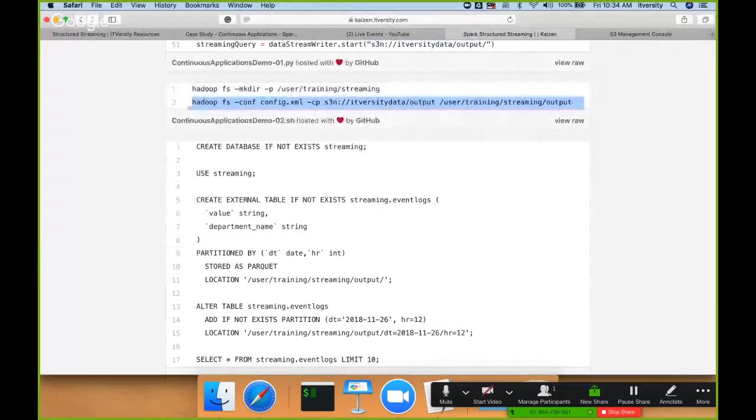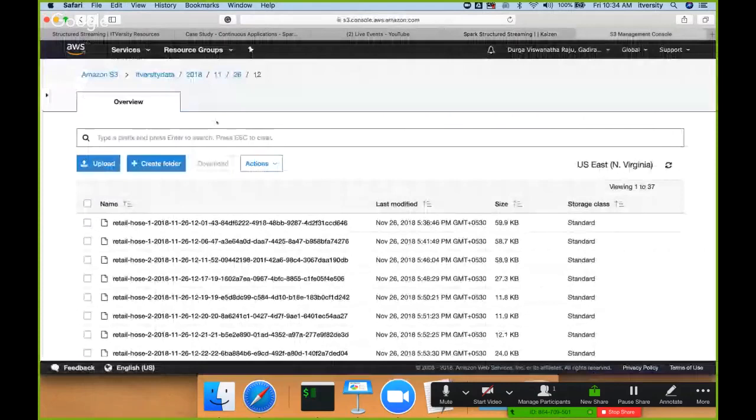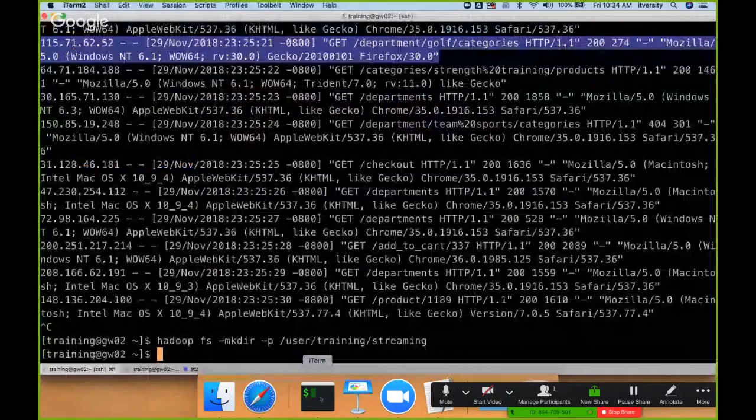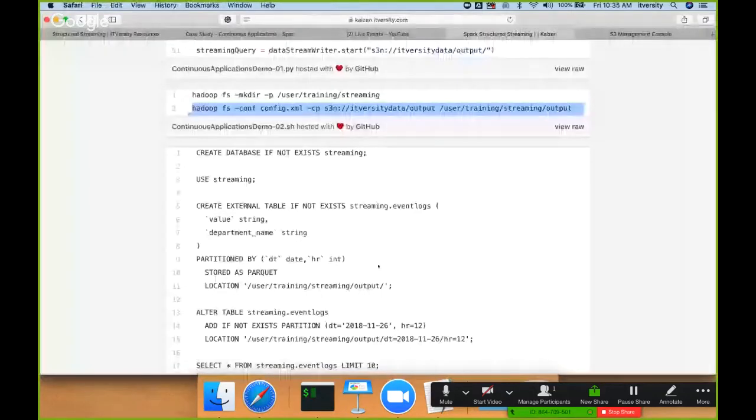Let us go through this S3 bucket and see what we have there. Earlier, the input data was coming from this. One minute, I think my streaming, yes, now it is fine. I thought YouTube streaming had stopped and you were not able to see the screen. Now you see here, this is the input data. If we go back to the ITversity data and go to the output path specified as part of our logic, where is our logic? It is here. You can see this is the output directory, ITversity data output. If we go there,